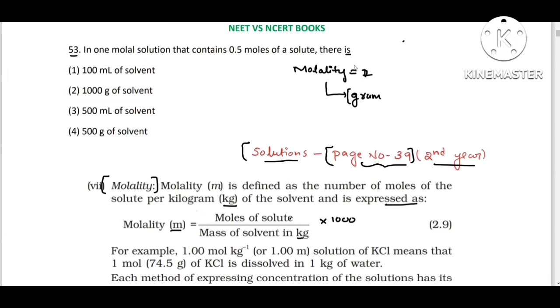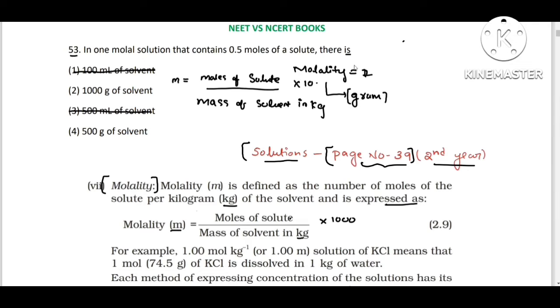By knowing the units of molarity, which are in grams, you can easily eliminate two options. Why? Because the answers are in milliliters, but the molarity units are grams. By knowing this concept, you can easily eliminate two options. Now let us write the formula. Here molarity is equal to moles of solute by mass of solvent in kg